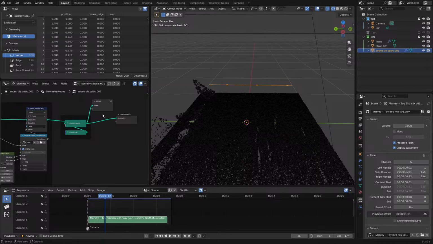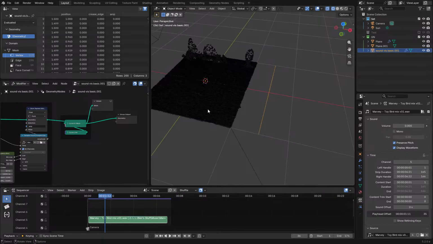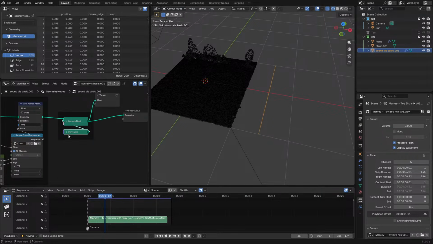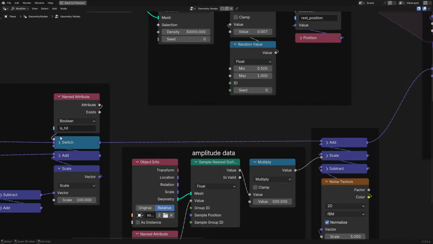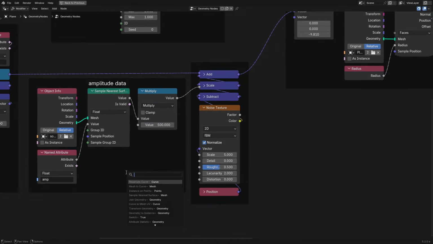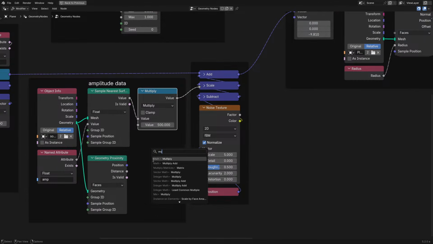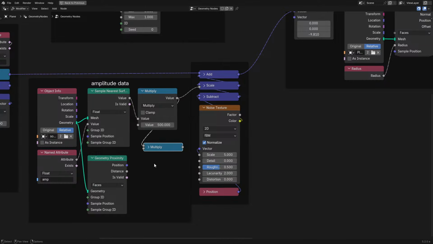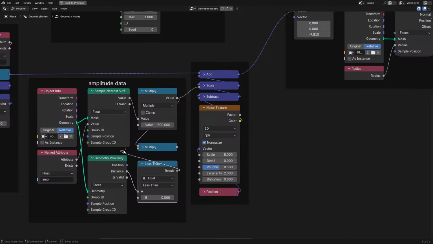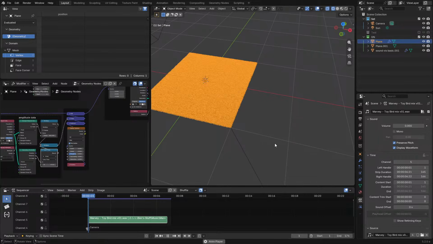I was thinking originally geometry proximity, which could be good, but also I can just offset U to be like this. Yeah, that, and then geometry proximity my way through everything else. Proximity, like that, and then we have a nice multiply where if the distance is less than a certain amount, go and do that. So if it's less than 0.1, it'll go and do the thing. So now,